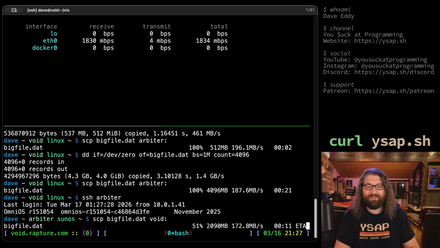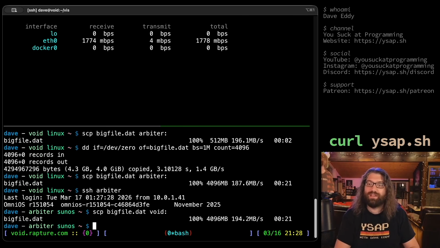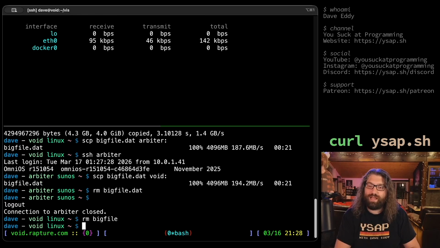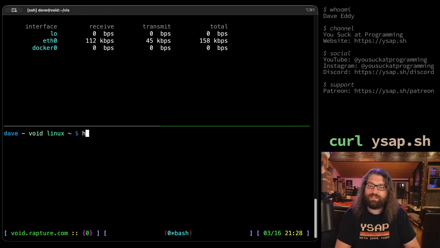Like, I knew it was working, but I figured it'd be fun to actually show this and verify that it is working, and you can test this on your own machine to sort of simulate network traffic. Well, simulate, actually make network traffic. It really is network traffic. Cool, awesome. Let's go ahead and remove those before we forget, because that'd be annoying. And I guess one last thing to try is